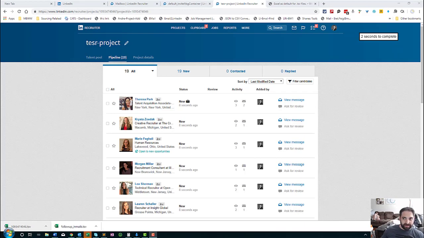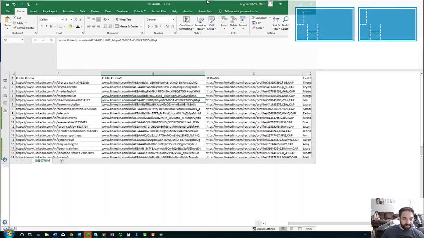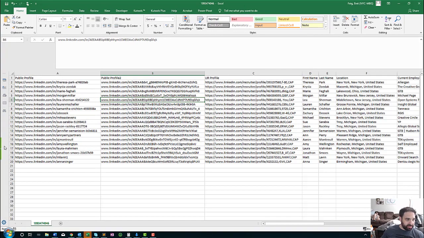So let's see what that looks like. I'm going to drag over my Excel file and show you exactly what we got. All 19 of them. They're actual public LinkedIn profiles. Now this is a little bit confusing because it says public profile number 2. Actually these both are the same thing. This is a different way that LinkedIn represents it, but if you click on it, it'll take you to the same place as here. It also gets their LinkedIn recruiter profile, their first name, their last name, their location,